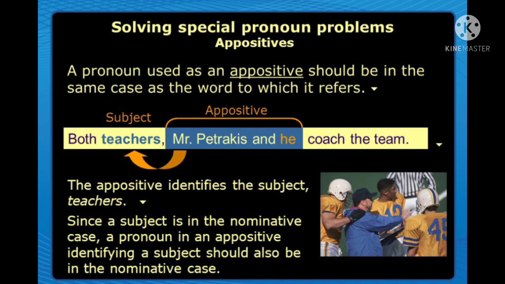A pronoun used as an appositive should be in the same case as the word to which it refers. Example, both teachers, Mr. Petrakis and he, coached the team. The appositive identifies the subject teachers. Since a subject is in the nominative case, a pronoun in an appositive identifying a subject should also be in